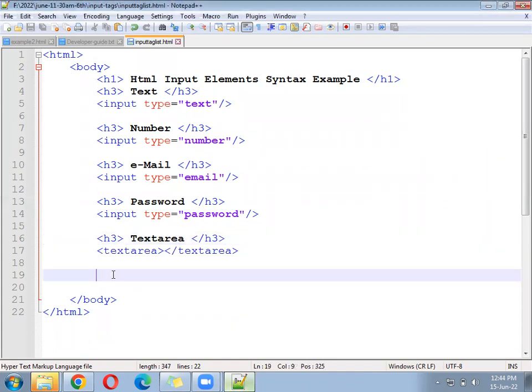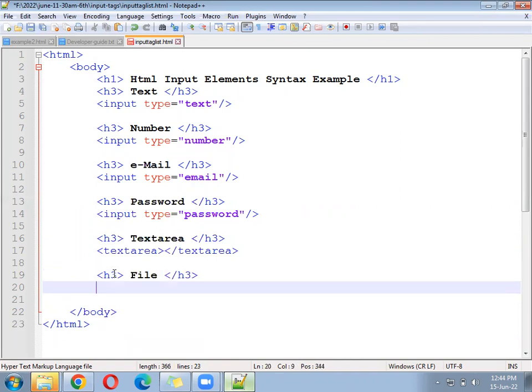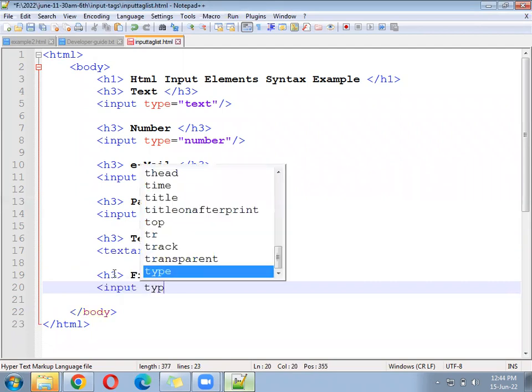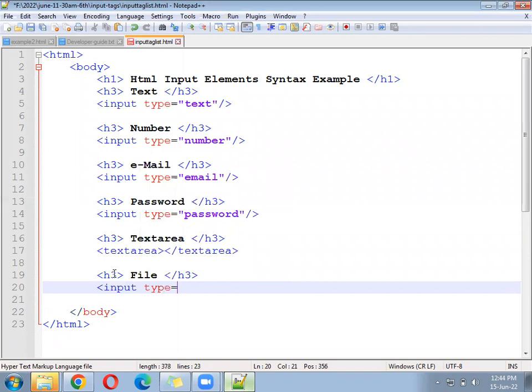Okay, coming next. What else is pending? Input type equal to file. It will give you the option to upload any type of file. Once we learn the next technology further, we can limit it. We can limit the size, we can limit the